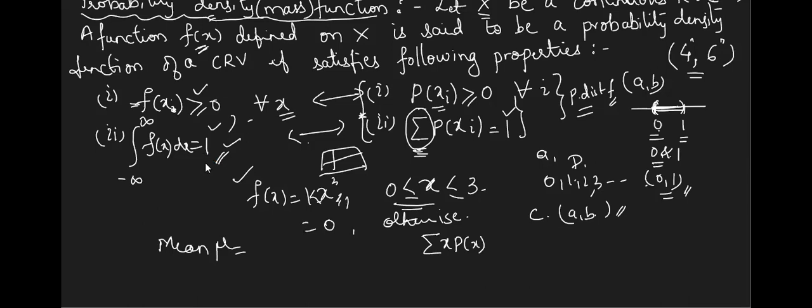This happens for discrete. I'm asking for continuous. Can I take a summation there? Summation is replaced by what? Integration. Yeah. So mean is nothing but integration. Function is similar format. Only thing, we have used p before, now we use f. So it is x into f of x dx between minus infinity to plus infinity that is the mean.